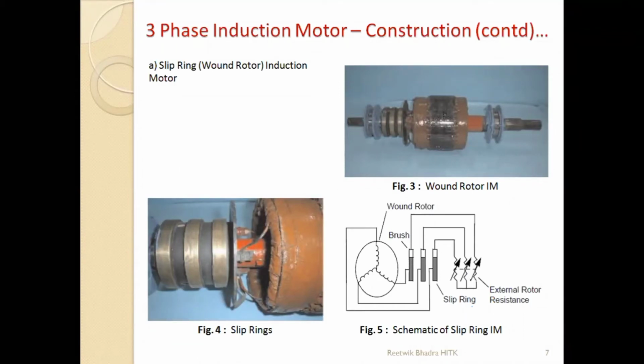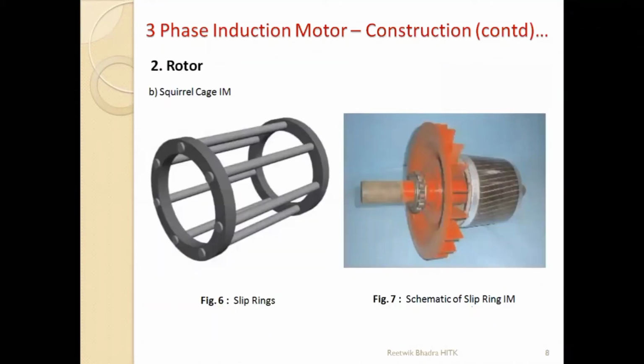Current is dependent upon resistance, you know. So torque and resistance, speed and resistance, how they are controlled, we'll see later. This squirrel cage induction motor is very cheap in construction and very robust. That is, it is very easily made.